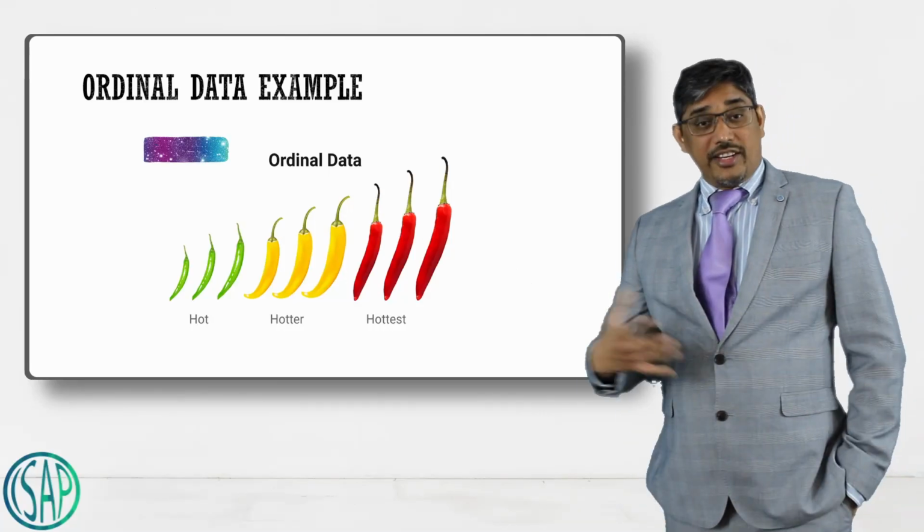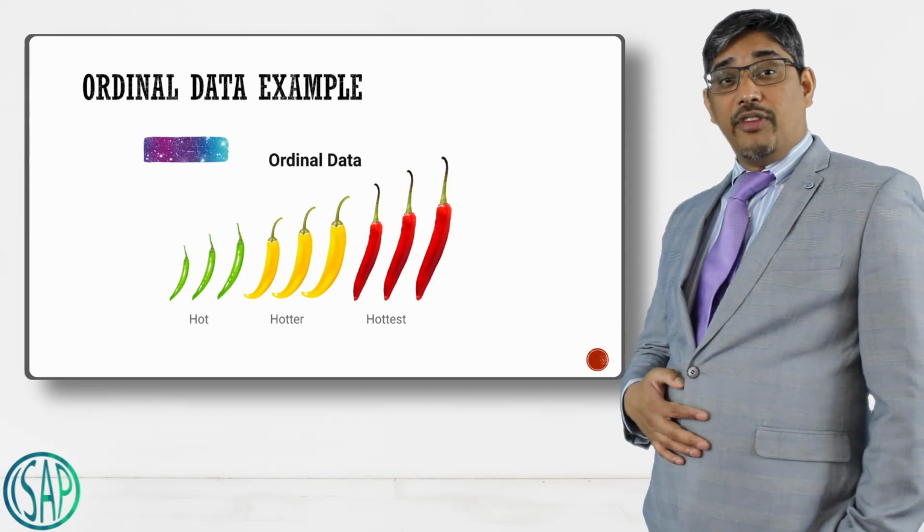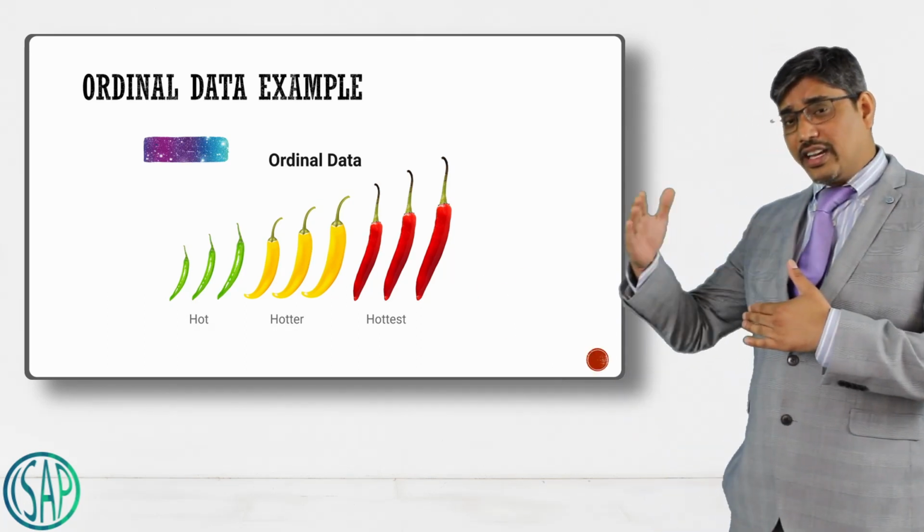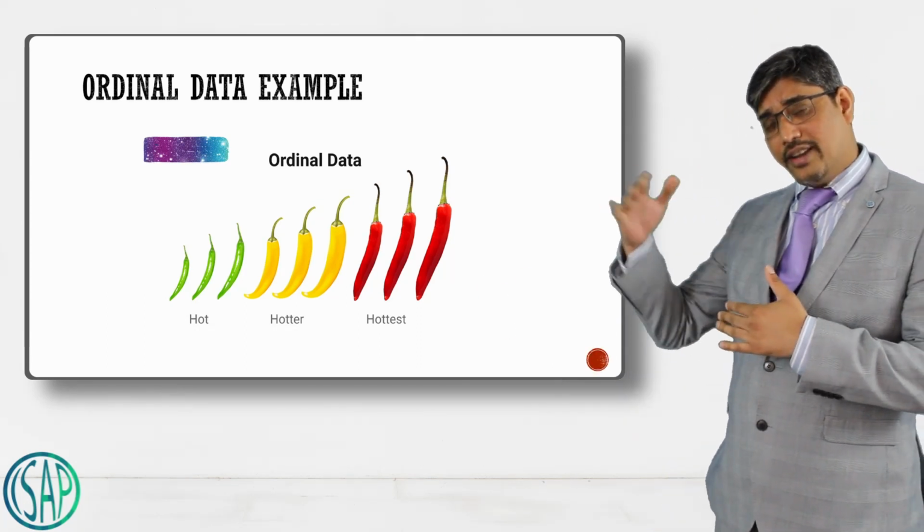How do we deal with ordinal data? If you look at the picture here, there is a hierarchy from green to yellow to red. So when you